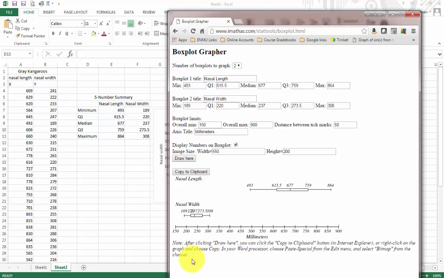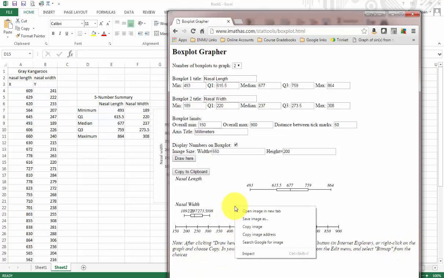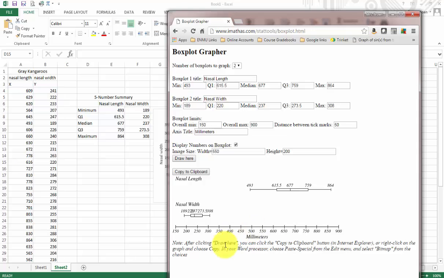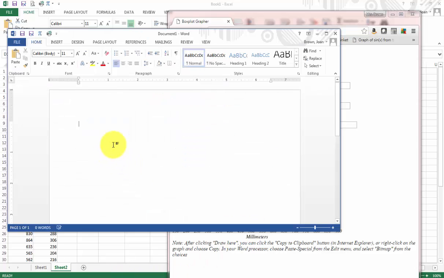And so now there are a couple of options it talks to you about. After clicking draw here, you can click copy to clipboard, this button, if you're in Internet Explorer, which I never am, or right click on the graph and choose copy. Well, when I right click, I choose copy, and when I go into Word and do Control V to paste,